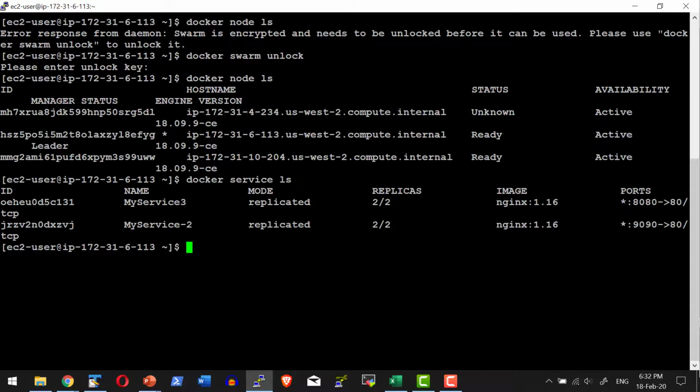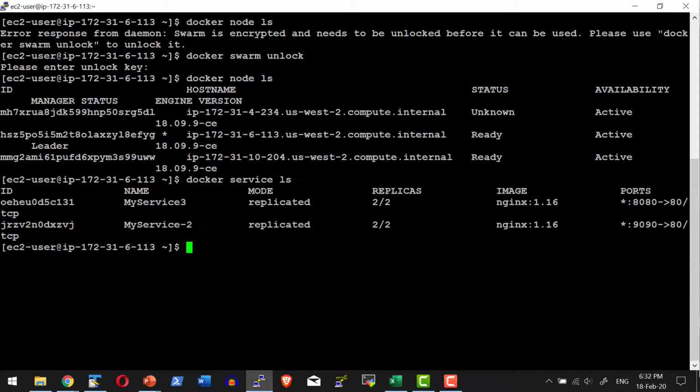In case I wanted to rotate the unlock key, I can go ahead and rotate it. That is like changing the password. Or otherwise, if I wanted to disable it, I can go ahead and disable it as well. Let me go ahead and rotate the key, and be very careful while rotating the key. Note the earlier key as well. Keep it safe. In case the master failed while rotating the key, I can use the older key and do the unlocking. So whenever you're rotating the key, keep the older key also in a safe location.